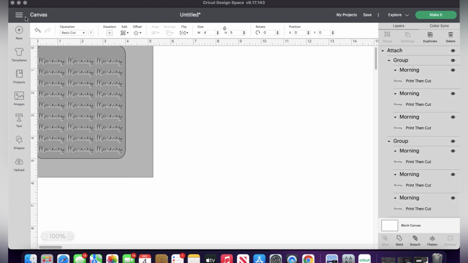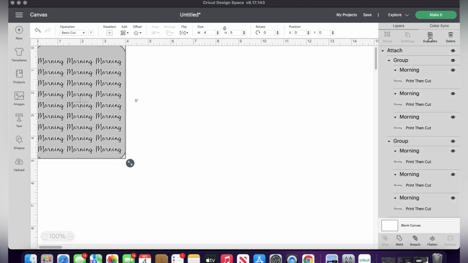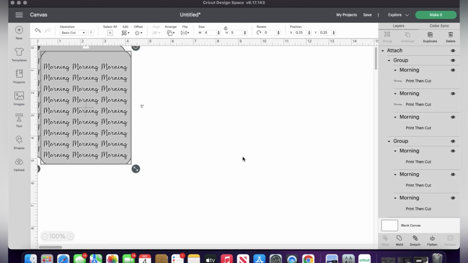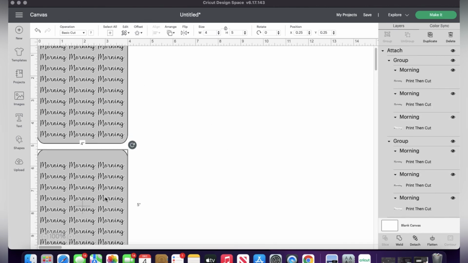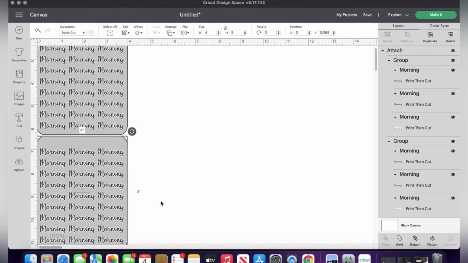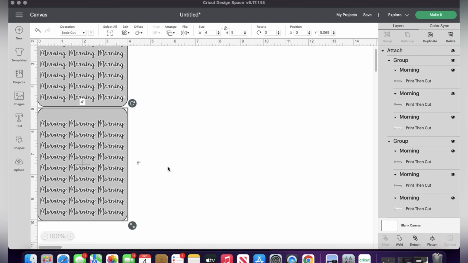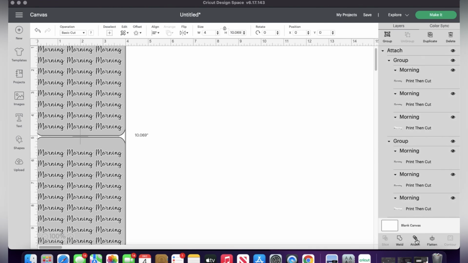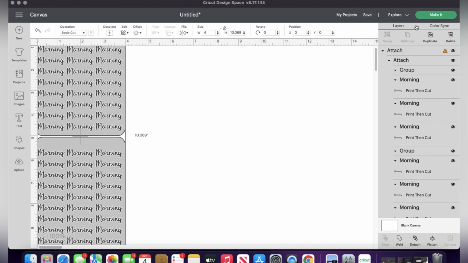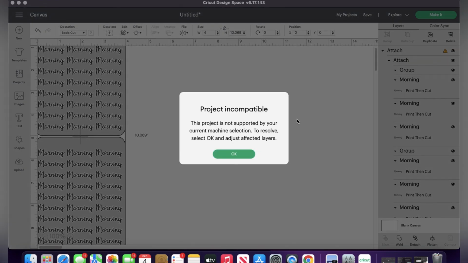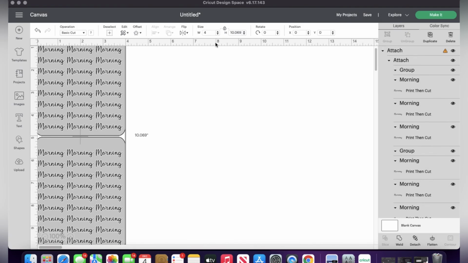If you see you got room, you can squeeze another sheet in. That is totally up to you. I would, just to see how it looks. I'm gonna say my 4x5 is not gonna work here. If you try to cut this, it's not gonna cut it. So once I clicked everything together, attached them together, and hit make it, it says incompatible. It's gonna tell you no, you're not gonna be able to do it. So if you click that and just say, I want to keep the width the same, but unlock the layer so you can change to one side,